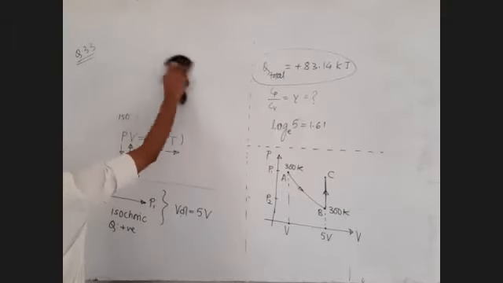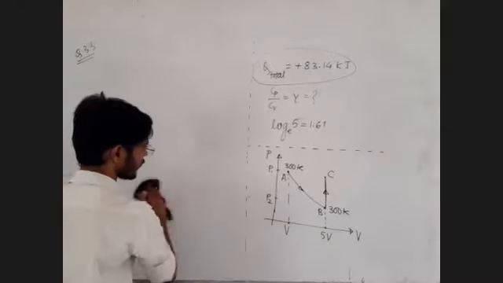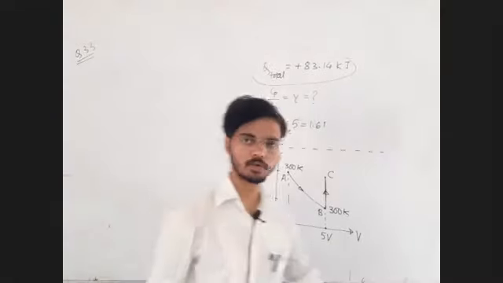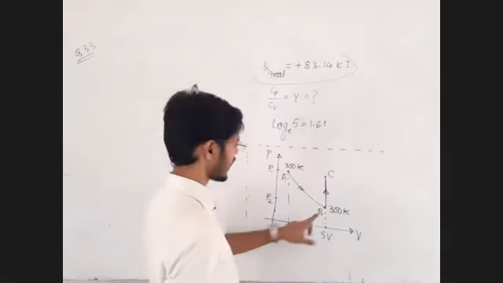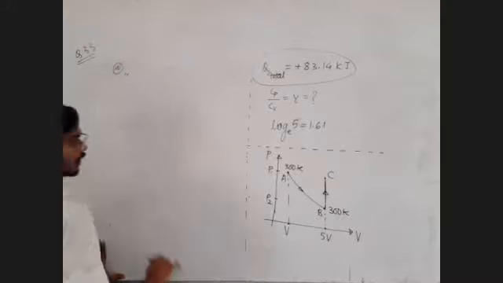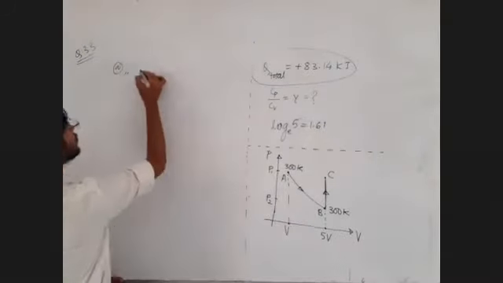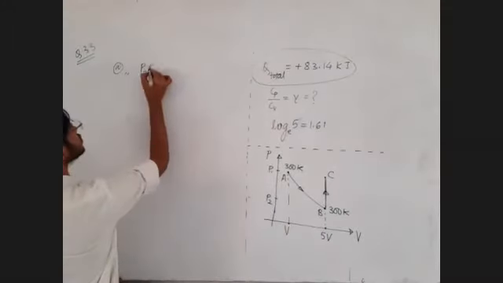Number of moles is also given to you. N is equal to 3. That data we have already written. Now how to find out temperature at this point? See, very simple thing it is. At this point, at point B, use PV is equal to nRT. Pressure is P2. Volume is 5 times V.